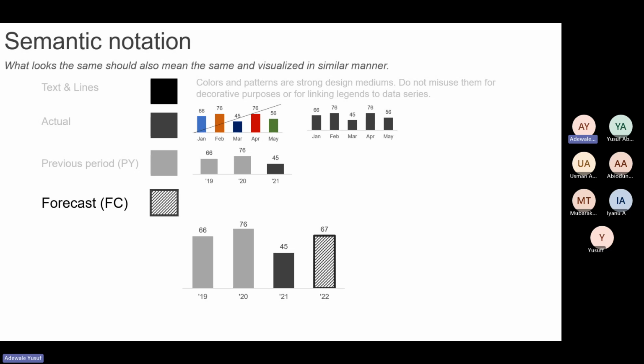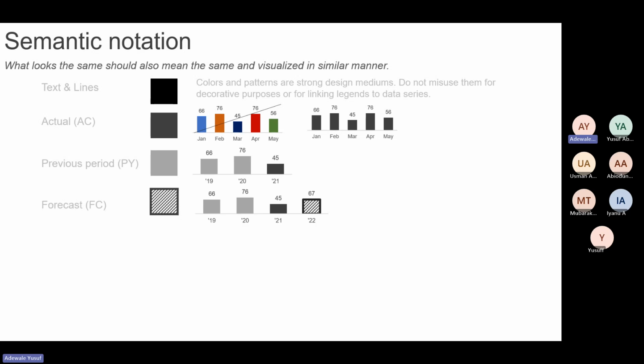You may not necessarily use the exact color that I'm showing you on my screen, but the idea is that you should have a standard color when building your visualization. Don't just be picking color anyhow you like. You can say your own actual, which we agree should be black, should be dark blue. And then your prior year should be a lighter shade of the dark blue. Then your forecast should be a very light dark blue, and a stripe. So that way, you've created a standardization for your report. And when you're building your report, it's very easy to read.